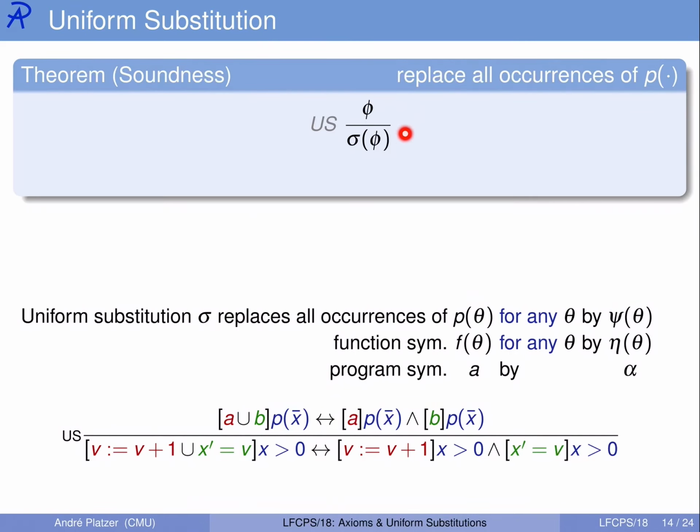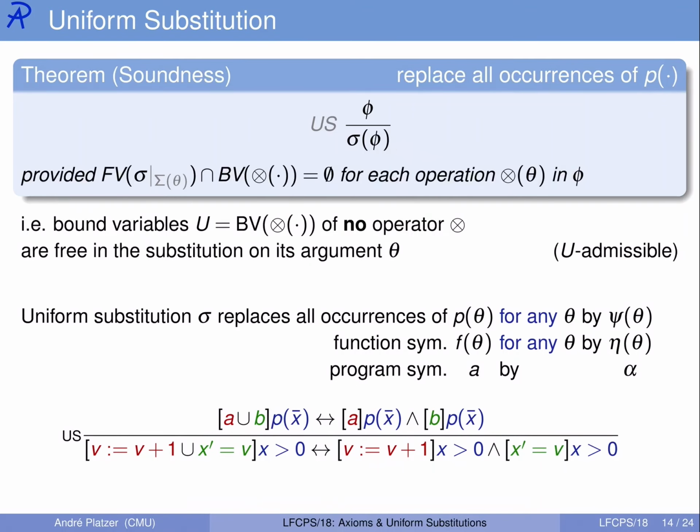If formula phi is valid, then the uniform substitute of it, sigma of phi, is also valid, but the substitution process pays attention to make sure we're not accidentally trampling over our variables and referring to the wrong ones, by making sure that at each operation in the formula, the free variables of the substitution, so whatever it is trying to introduce free, sneak in, intersected with the bound variables of the respective operators we pass along, is the empty